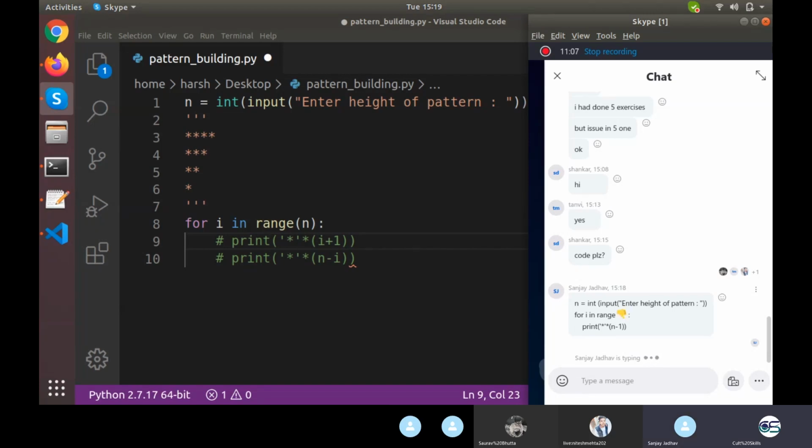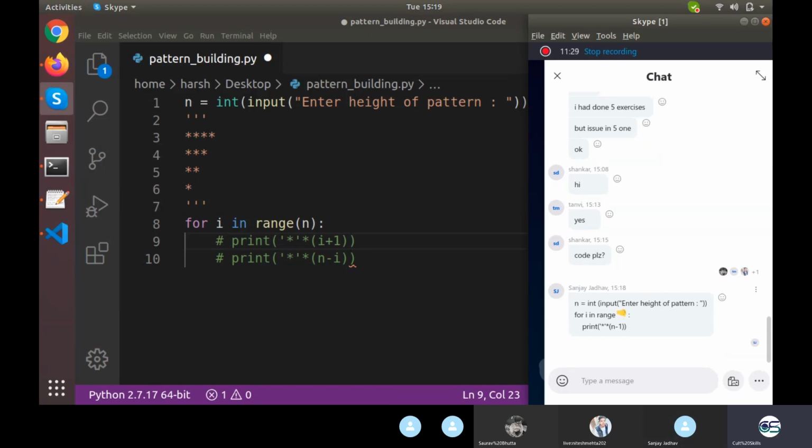Where do I share the screenshot? On the Skype chat itself. What about others?